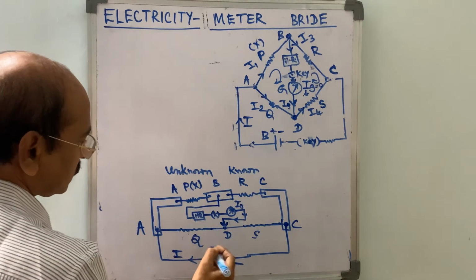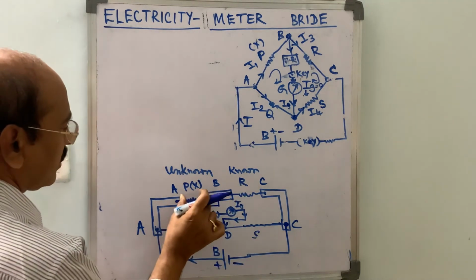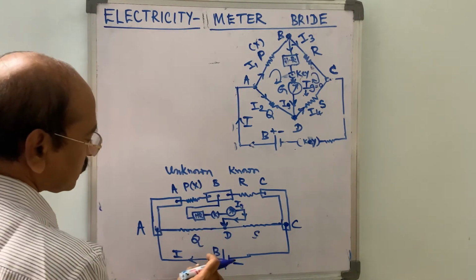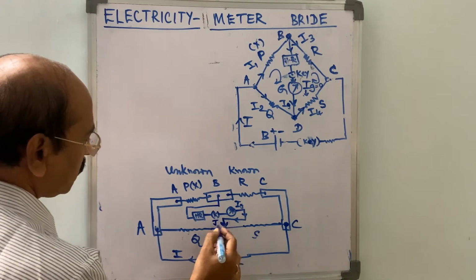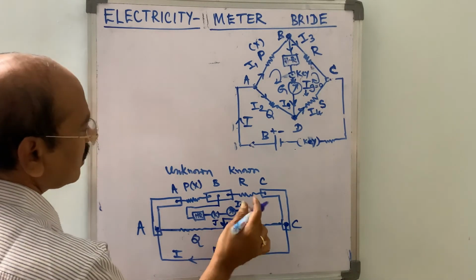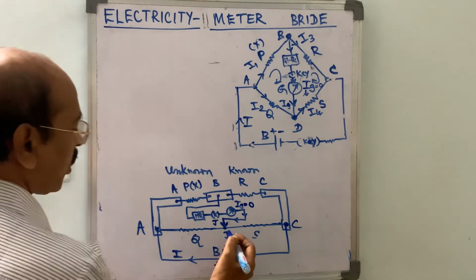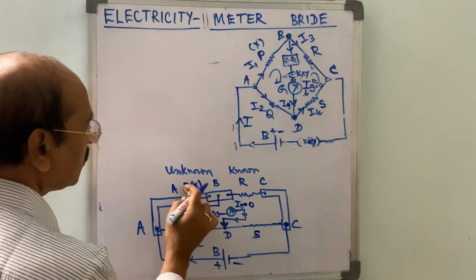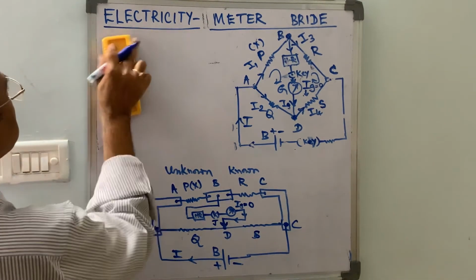When adjusting the resistances R and S, the unknown resistance is connected between the A and B gap. Now, when we touch this jockey from one end, that is A to C, at one point the galvanometer shows the reading 0. At that point the bridge is said to be balanced, that is the ratio Q by S is equal to P by R. Therefore, from the Wheatstone bridge, when the bridge is balanced,